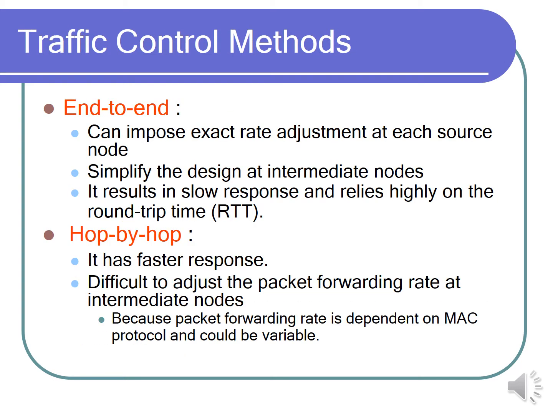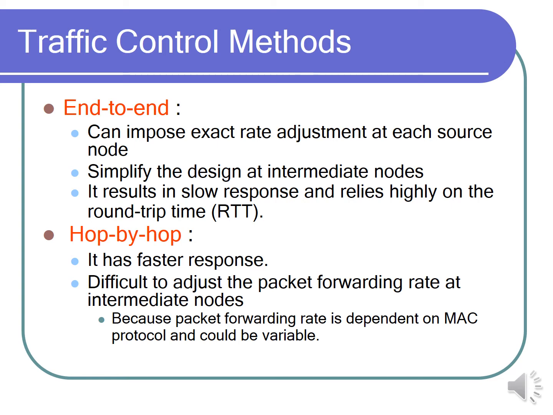Traffic control methods: end-to-end and hop by hop. End-to-end can impose exact rate adjustment. Data rate will be adjusted at each source node. It simplifies the design at intermediate nodes. It results in slow response and relies highly on the round trip time. Hop by hop has a faster response. It is difficult to adjust the packet forwarding rate at the intermediate nodes because the packet forwarding rate is independent of MAC protocols